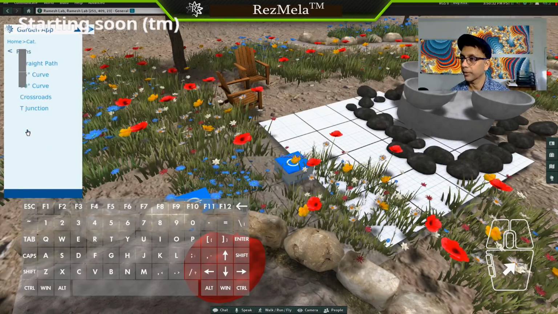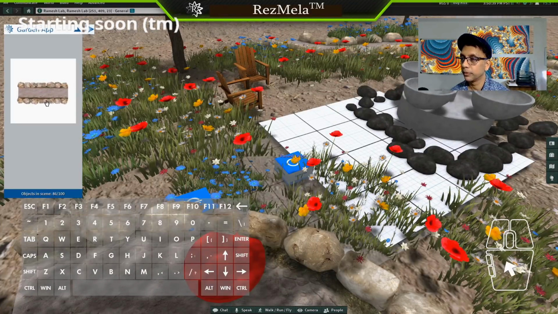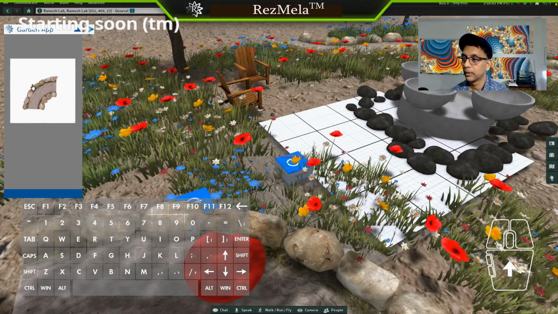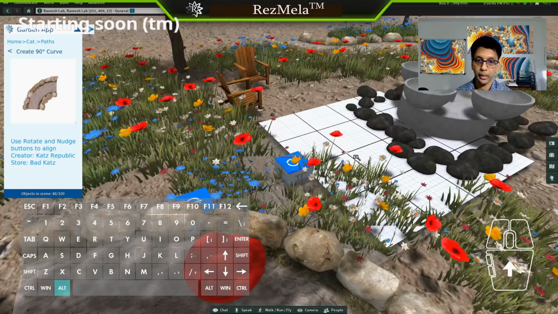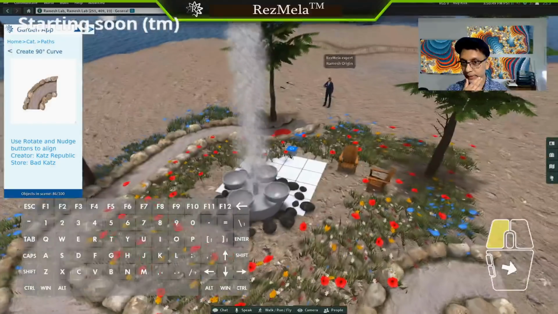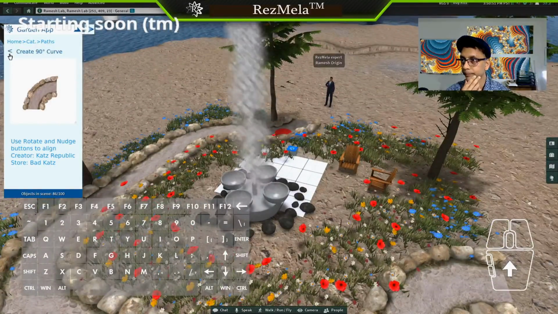Let me see the path. Okay. So you can see how with these different pieces you can make a particular path. Okay. So that's interesting, and